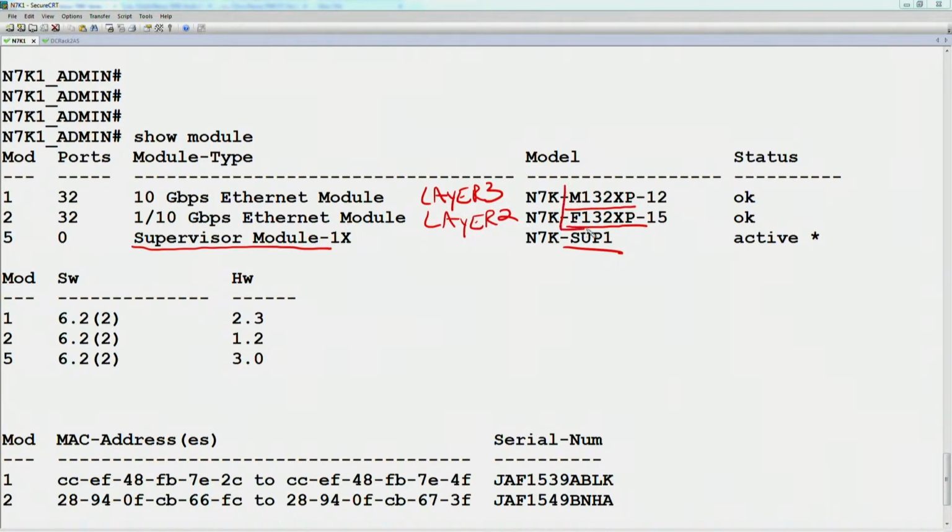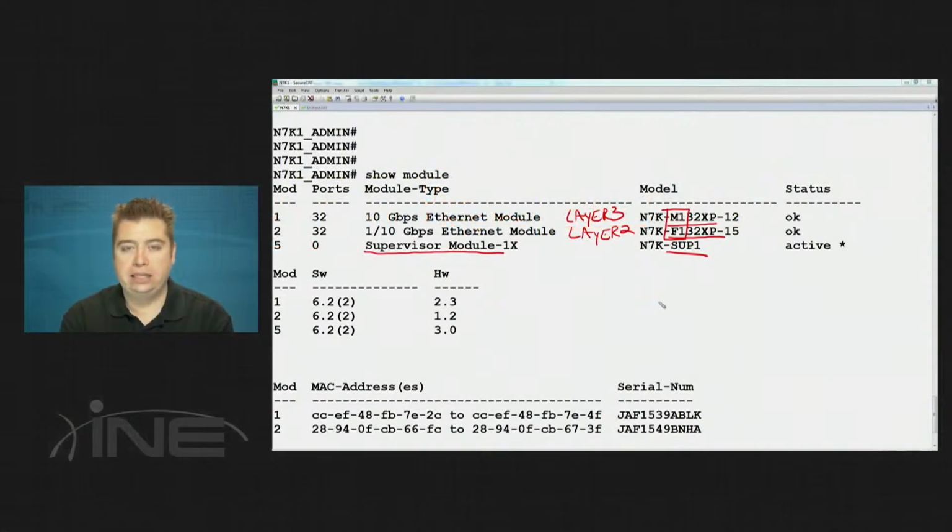Now the F1 and the M1 modules, these are the first generation cards, can exist in the same virtual device context at a time, and the F card, being layer 2, does not have layer 3 native routing capabilities on its own, but it can borrow those capabilities from the M card. So if we're using the F ports to connect down to our aggregation switches, or to our access switches, and we're using the 7K for layer 3 routing, we need to make sure that there is at least one M port in the virtual device context